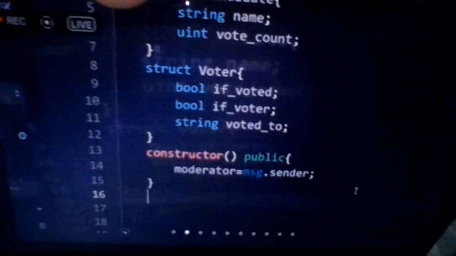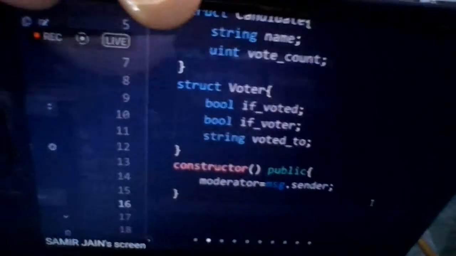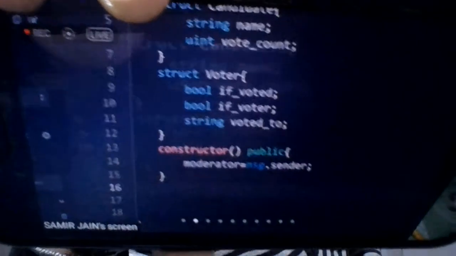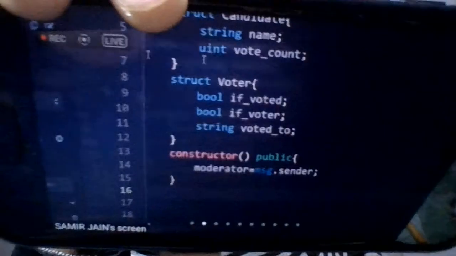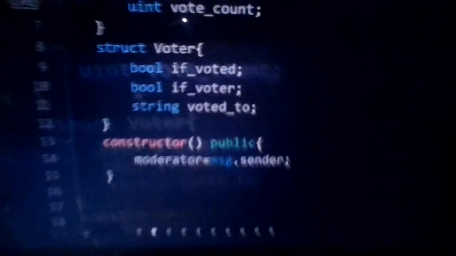Now, one more thing, okay, I'll tell you later. Is this okay for all of you? Are you able to understand this? Okay. So again, we'll come back to this contract. This is the Solidity smart contract. We are defining a contract, a voting contract. It starts from here and it ends here, so there is a closing brace.